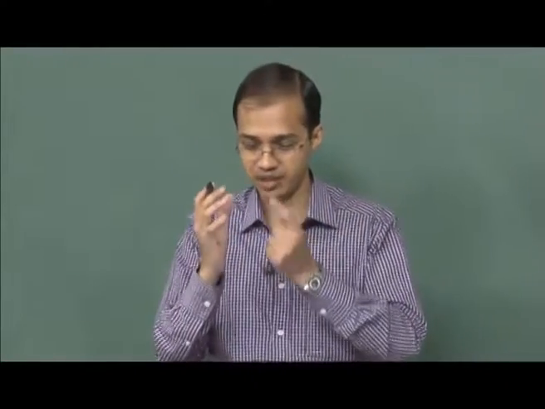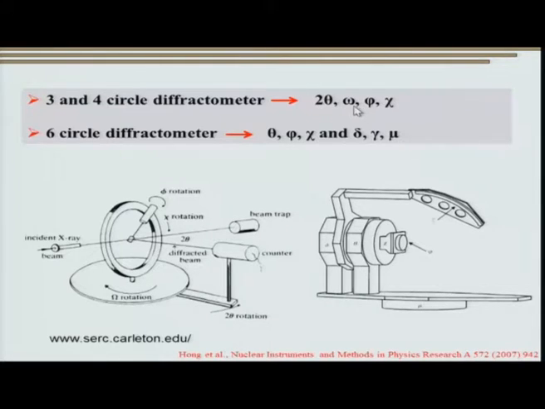improve the statistics. Therefore, a diffractometer can consist of a sample holder that can give different kinds of rotations to the sample under consideration. So, we have what is known as a 3-circle and a 4-circle diffractometer. In a 3-circle diffractometer, the 2 theta and omega correspond to theta, which essentially ensures that the two angles are corresponding to the movement of the detector and the movement of the sample, while the angles phi and chi